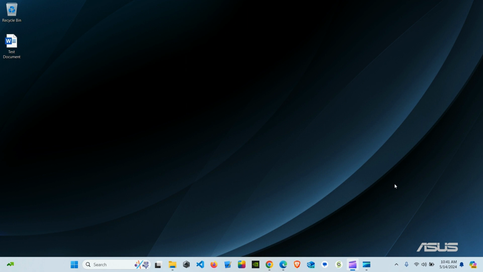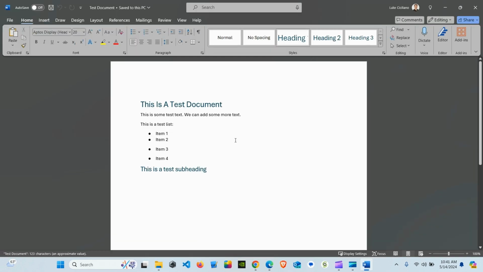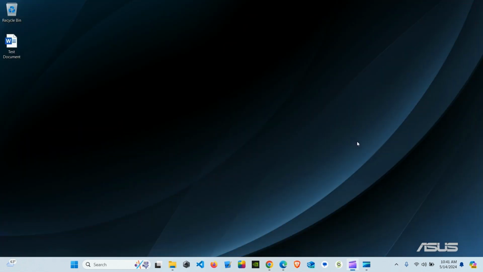Okay, we are back and we are going to take a look at how to edit Word documents in the online version of Microsoft Word. I'm going to reopen our test document real quick. As you can see, it still has the formatting issues that were generated by Google Docs in there. Well, what we want to do now is open it in the online version of Microsoft Word, which is completely free to use, and this will allow for a better editing experience, and you'll get a document back that doesn't